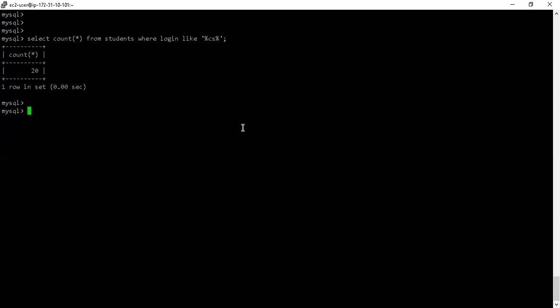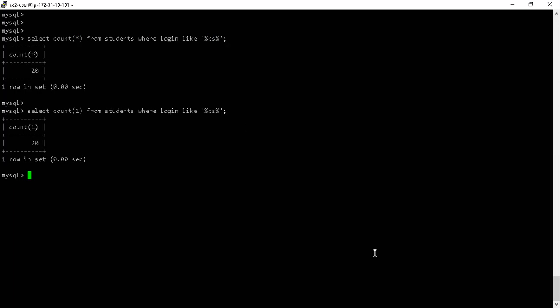Now, what is the difference between using a count star and a count one in some of the databases? And you have to confirm this from the documentation of that DB. In some of the databases, if you have created indexes, and we have not looked into what is the concept of an index, we're going to look into it now. If we have created an index on any column, and I say count one, it usually accesses that index, and hence the query becomes faster.